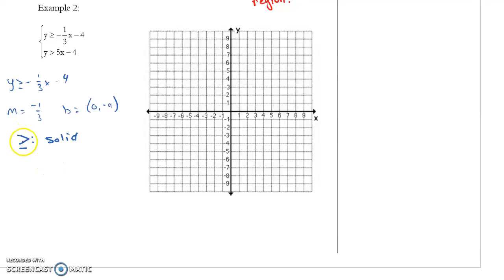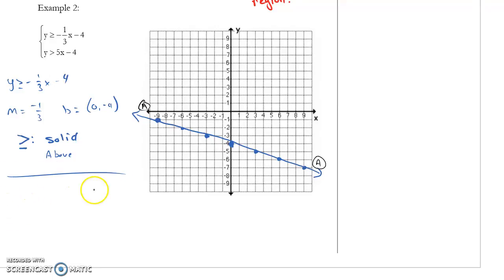And because it's greater than, I will likely shade above. So -4, -1/3 is my slope, means down 1, right 3. And through the magic of video, we have our whole line. Now above, this one's a little easier because it's a relatively flat line. This is the above, so I'm going to go above here, I'm going to go above here,